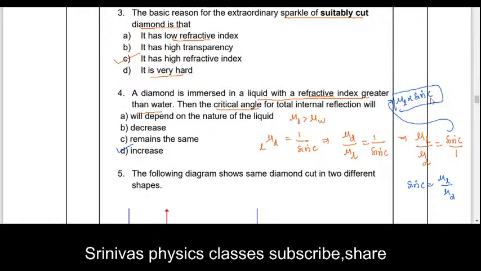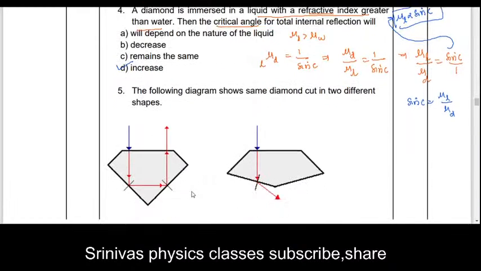When refractive index of the medium increases, then critical angle also increases, because critical angle is directly proportional to refractive index of medium. Liquid is the medium, right? Firstly it is in the air, when it is dipped in the liquid, refractive index of the medium increases. Air refractive index is 1, and now liquid refractive index is more than 1. That's why when you dip the diamond from air to liquid, critical angle also increases. Right? Completed. Next,